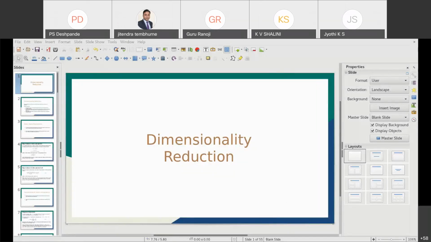Okay. Yes, sir. Okay. Now we'll start with the topic in machine learning, that is dimensionality reduction. First, what is the meaning of these dimensions? Whenever there is a machine learning problem, how are we going to solve it, or what are the different problems in machine learning? For example, you have the symptoms of a patient and you have to make a diagnosis regarding his disease. So what data of the patient